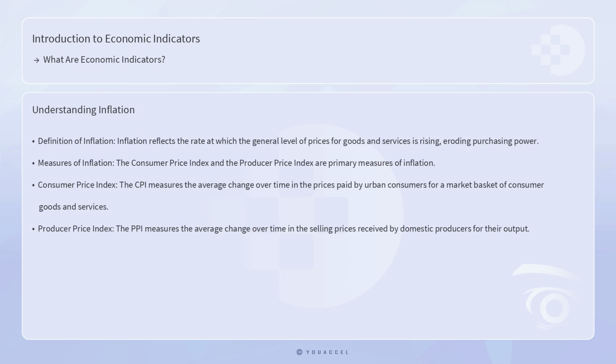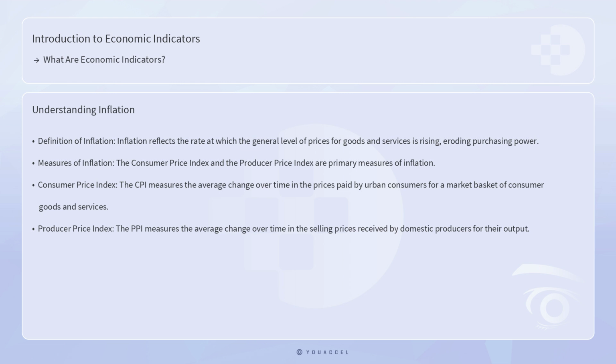Inflation is another critical economic indicator, reflecting the rate at which the general level of prices for goods and services is rising, and subsequently how purchasing power is eroding. The Consumer Price Index and the Producer Price Index are primary measures of inflation. The CPI measures the average change over time in the prices paid by urban consumers for a market basket of